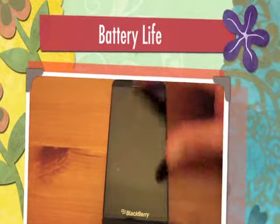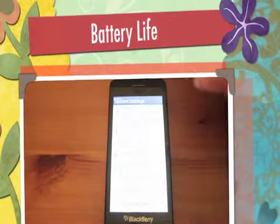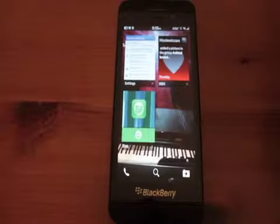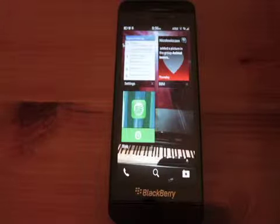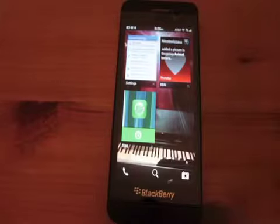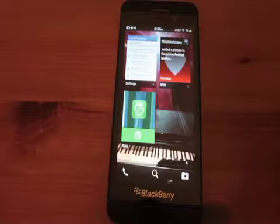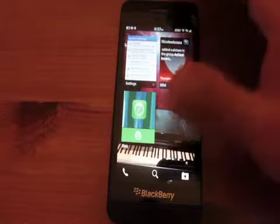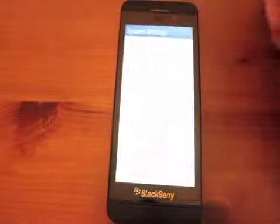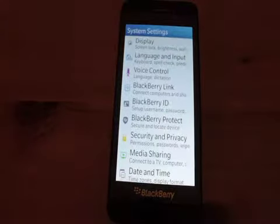Okay, let's talk about everybody's favorite subject, battery life. Yeah, battery life. Now, actually, if you have a scientific mind and you enjoy observing things and making conclusions or theories about how things work, you're going to love this thing because there are a lot of things you can do to improve your battery. I consistently get 12 hours or more out of my battery,